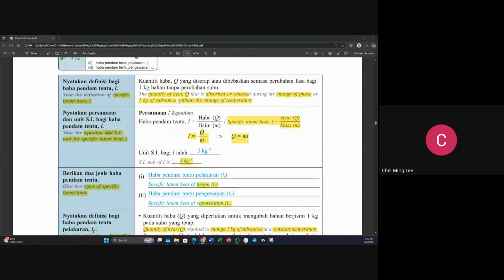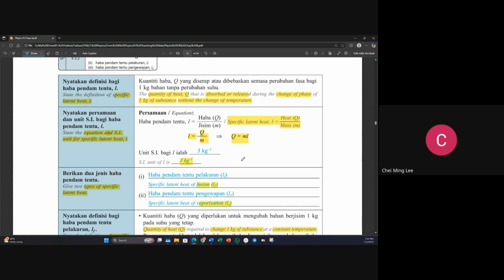Now, from here you see the quantity, specific latent heat, which is the quantity of heat that's absorbed or released during the change of phase of 1 kg of substance without the change of temperature. The specific latent heat is l equals heat over mass, Q over m, or Q equals ml. The SI unit for l, the specific latent heat, is